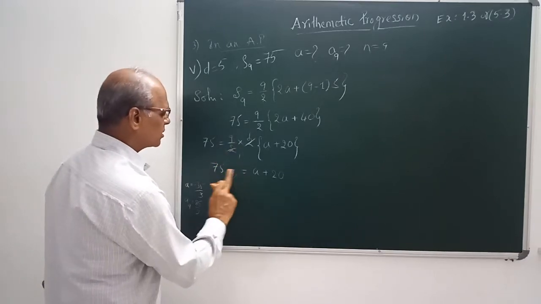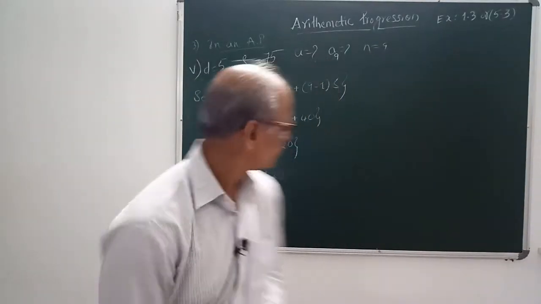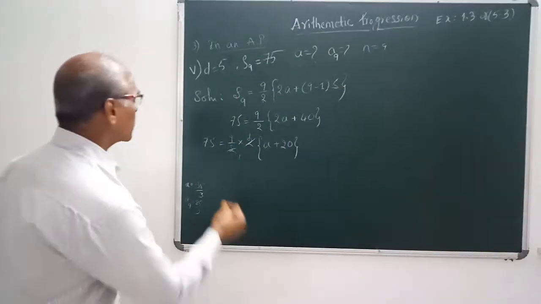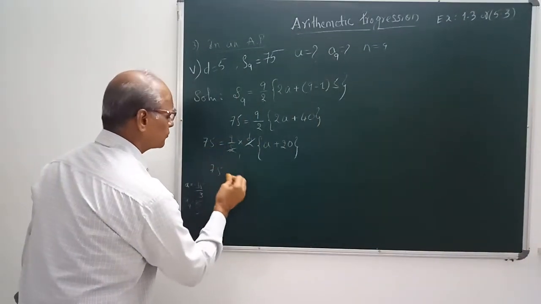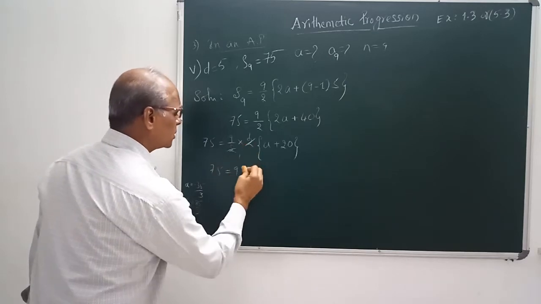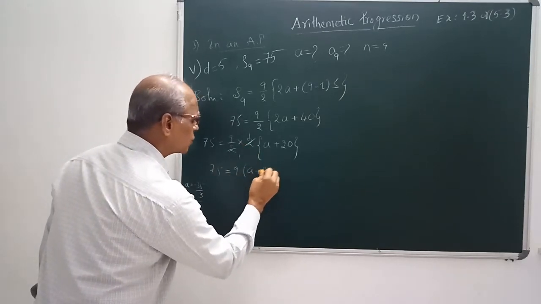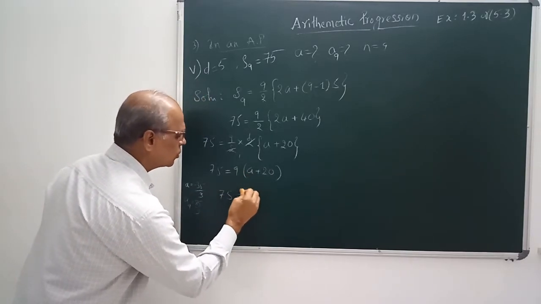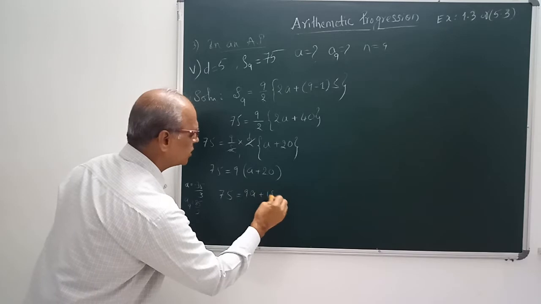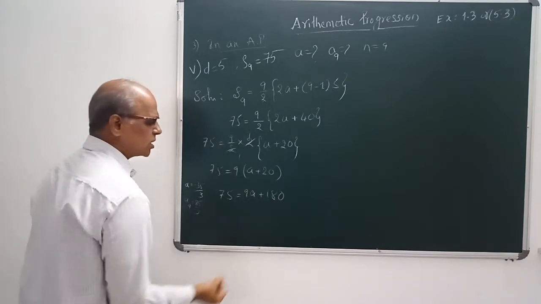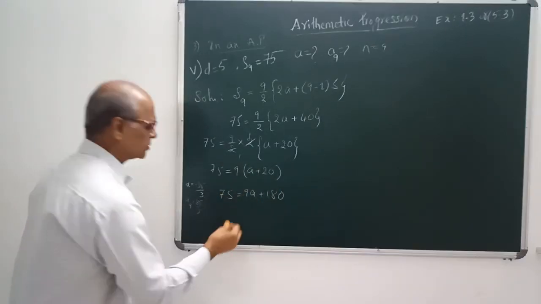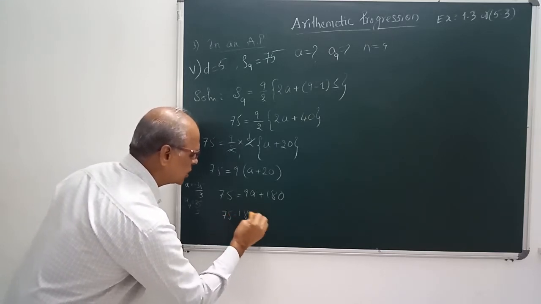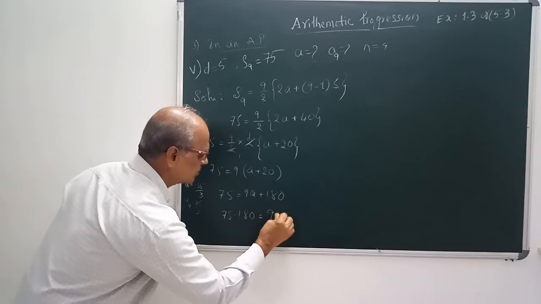This is division, I think so. One minute. Okay, see here. Write that step. 75 is equal to 9 into A plus 20. So multiply here. 75 is equal to 9A plus 180. 9 2s are 18. Now what do we do? Take this to this side. 75 minus 180 is equal to 9A.